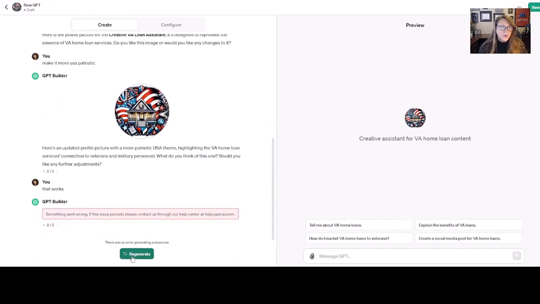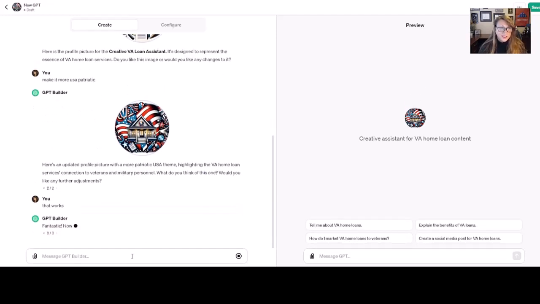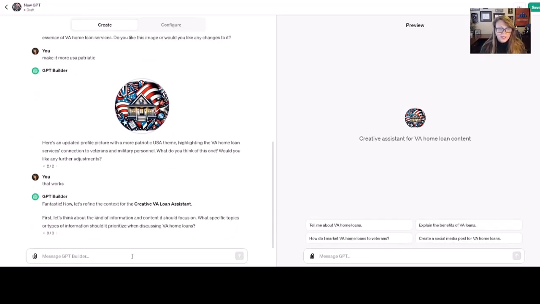Now it's going to keep going on and walk us through this. And again, I'm showing you this in real time just because I want you to be able to see what happens if you do get an error. Just click on regenerate. So now it says, let's refine the context for the VA loan assistant. What kind of information and content should it focus on? If there's topics you want to put in here, for this one, we're going to say that I want it to focus on